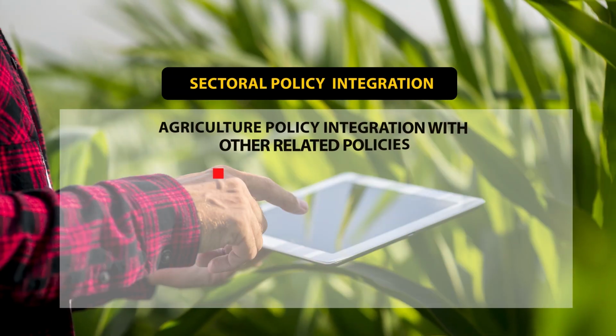So the government always has in mind whether we focus on the agriculture sector or whether we focus on the manufacturing sector. So there is always a trade-off in the mind of the government about where we have to invest more. Now, here in the sectoral integration, when we talk about the agriculture sector, agriculture policy integration is related to various policies like environmental policies. So, whenever we talk about the agriculture sector, we have to look at the environmental policy also. We have to see whether the environmental policy allows clearing land for agriculture purpose or not,